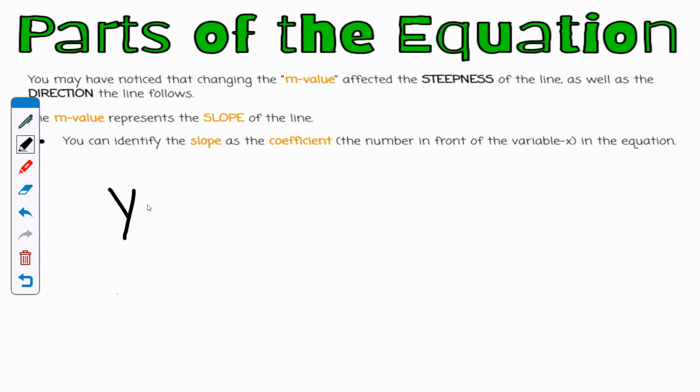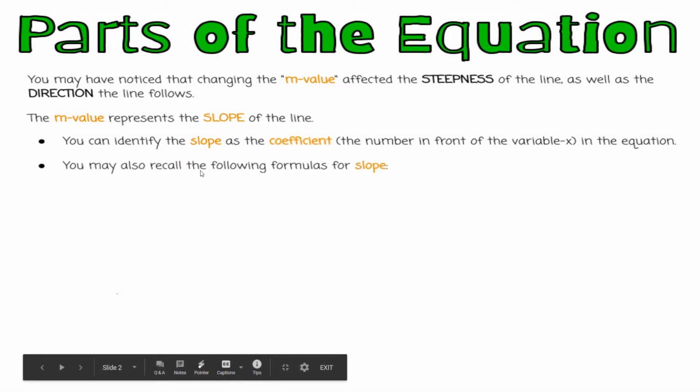Okay, so given y is equal, and I'll rewrite that one more time, 5x plus 2, you will locate your coefficient right here as the number in front of the x variable. 5 and x are being multiplied, so the 5 in front of the x is called its coefficient. Any other numbers, like if here's a number that's alone, by itself, with no variable, you would call that a constant. All right, so going back,